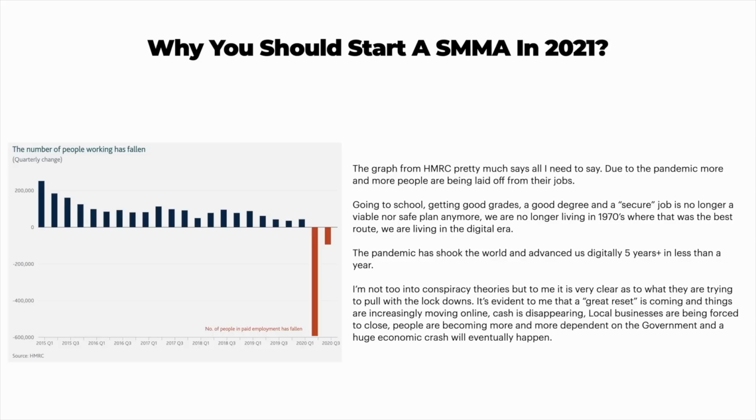They're trying to basically increase our online spending. They're trying to get rid of cash. They're trying to move businesses online. They're locking down local businesses and forcing them to close, because they can't afford to keep their doors open, because they're getting no customers, because the government's telling them to close. So to me, it's genuinely obvious that these people, I would guess these tyrannical type of people, the government if you will, are trying to pull one over on us. As in, they are trying to lock down businesses, get rid of small businesses, get rid of cash, and they're actually trying to have a one world government. I don't want to go into all the conspiracy theories, but you guys can go and look into that by yourself. I'm just going to keep to my business stuff here.